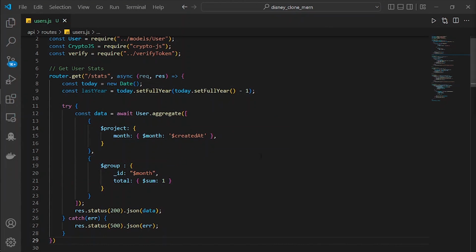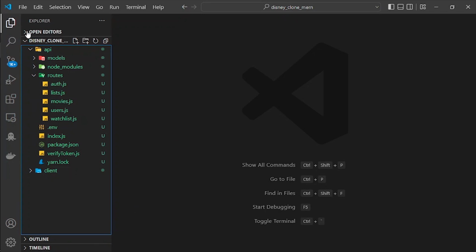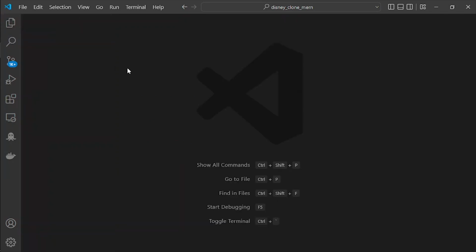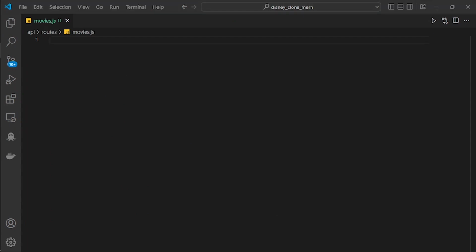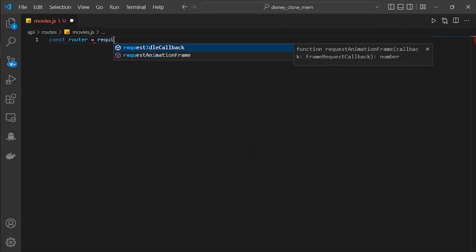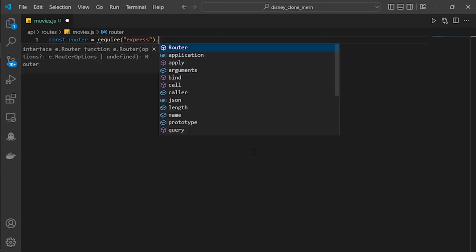After the user route is done, let's make the next one, and that is going to be the movies. Go to the movies route, and in here, movies route. Okay, movies route. Inside of here, I'm going to import router equal to require express.Router,